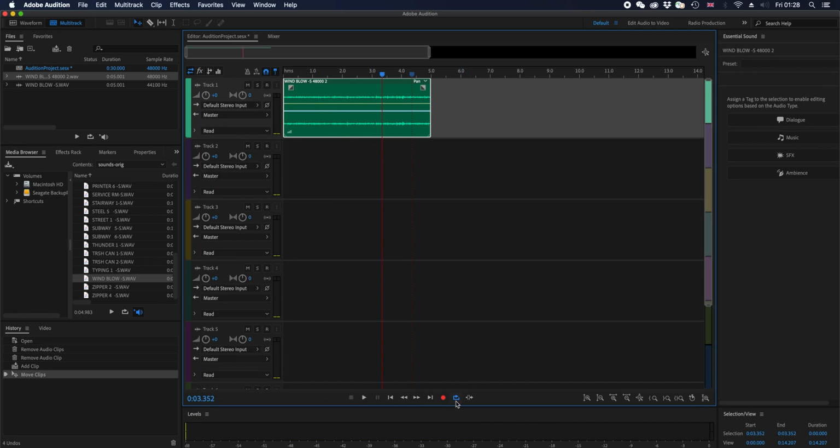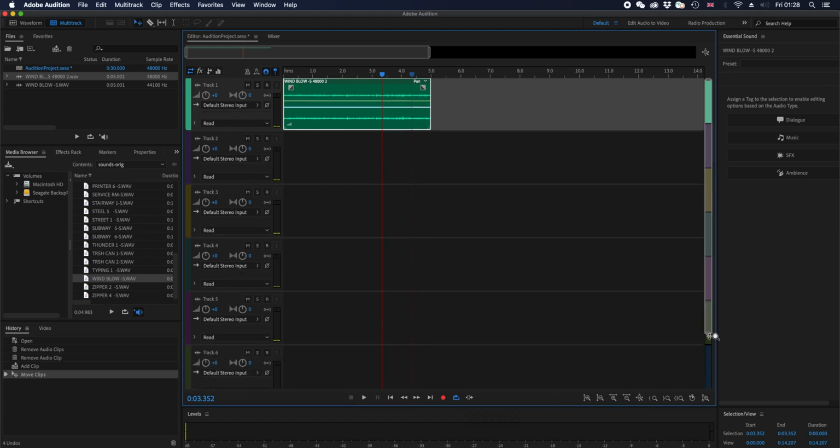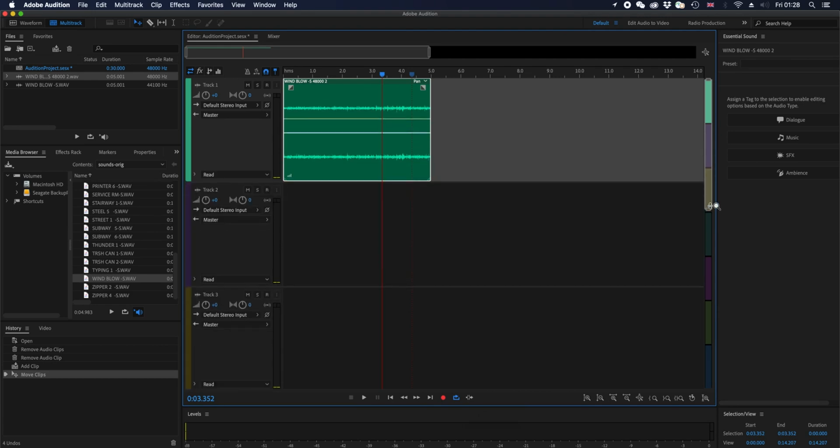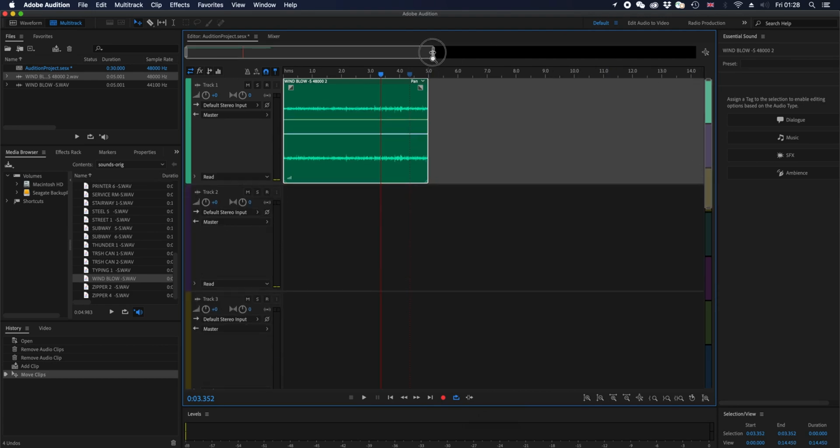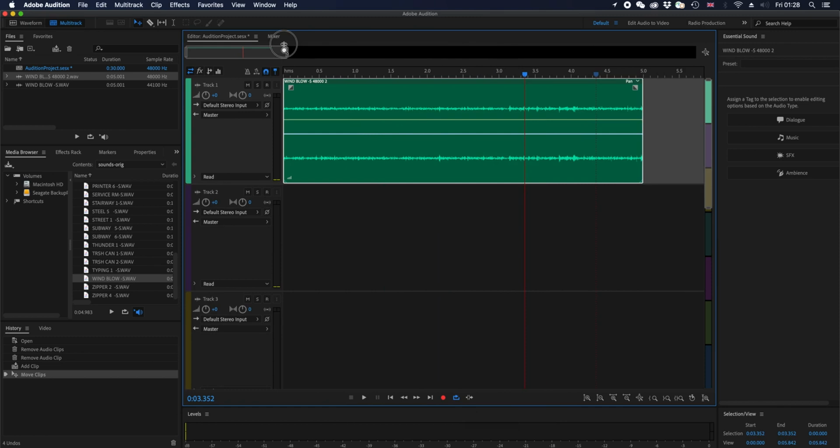Here I have clicked on the loop playback, and when the file finishes, it will start from the beginning. And since this is the full duration of my project, then after the file finishes, it will go back to the beginning. I have additional transport controls here to play, stop, move back and forth, and also to zoom in and out the files. I can drag also this